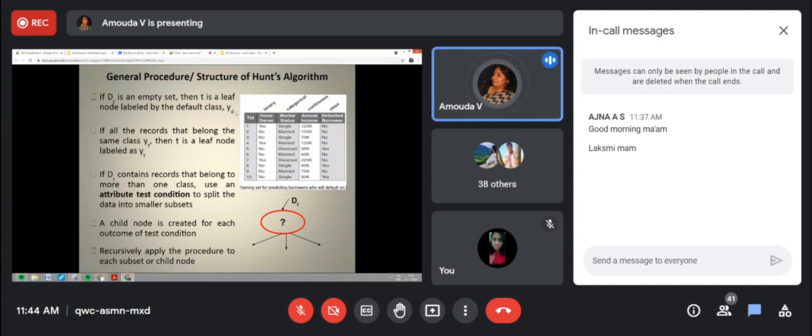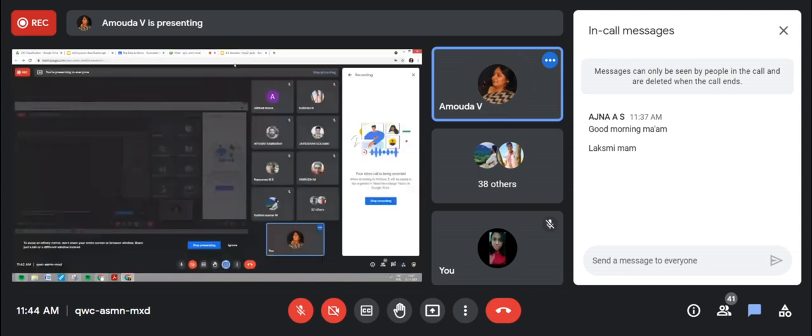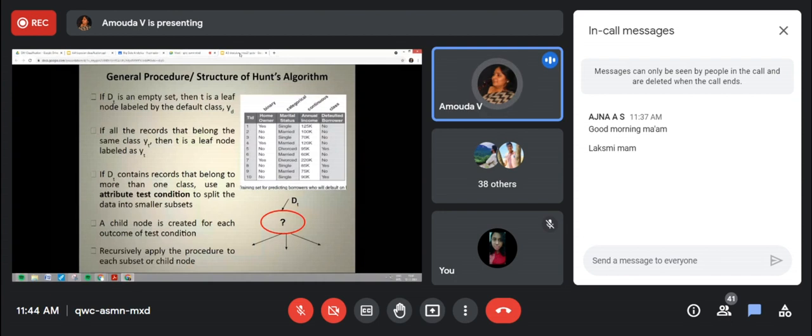If it doesn't have anything, it is labeled by default. If all the records belong to the same class, suppose all are yes defaulter, or all are no, then it is a leaf node labeled YT. You can leave it as a leaf node because it already belongs to only one class.